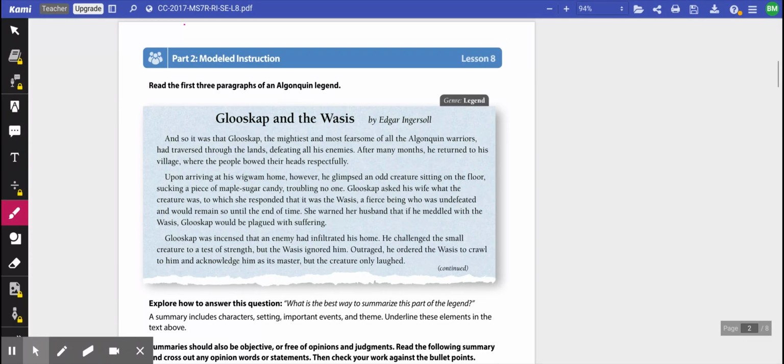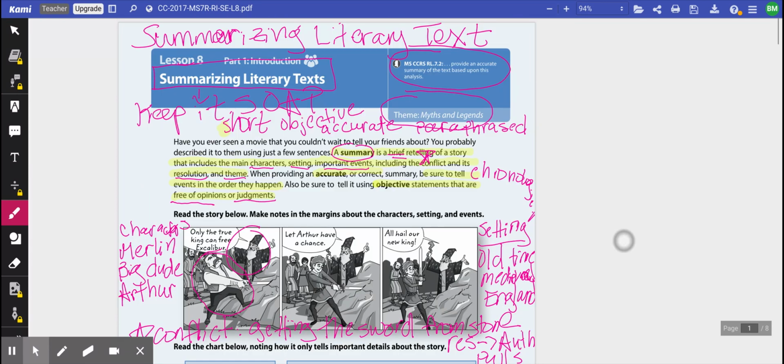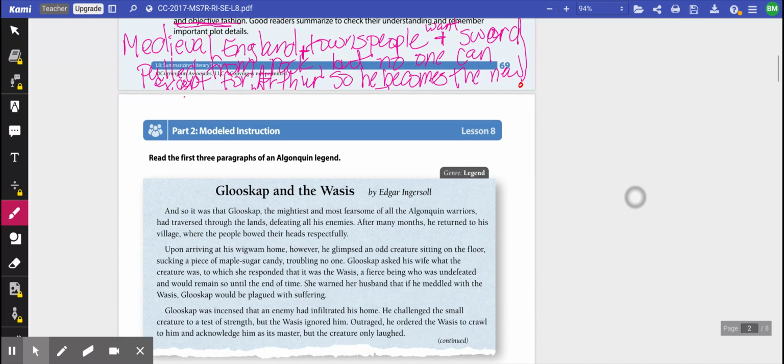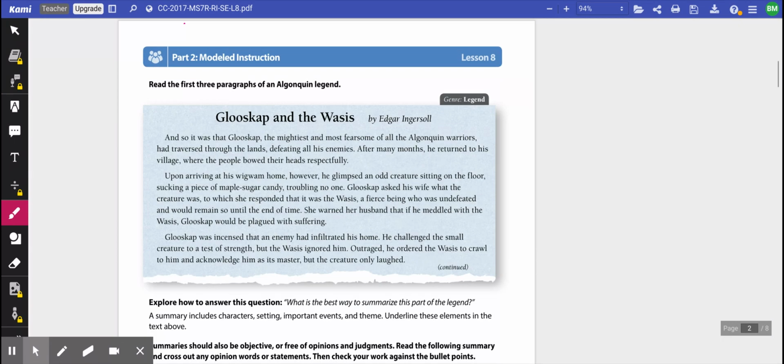So the very first thing we're going to do, if you flip back and look at our last lesson on page 69, we are still summarizing literary text. So we're going to rewrite our lesson title at the top of our page. We'll spell it right this time. Summarizing literary